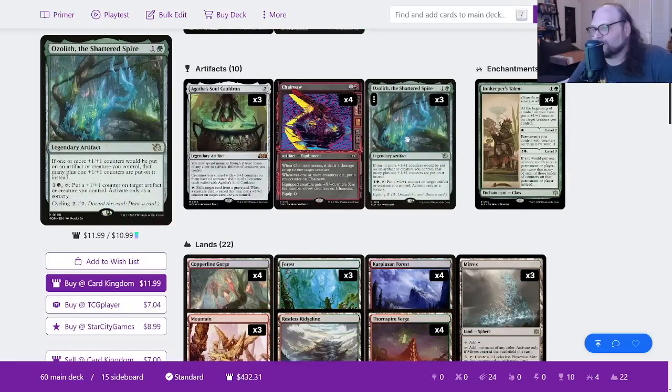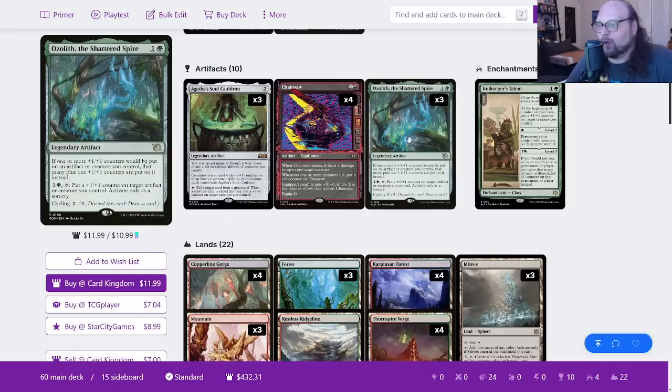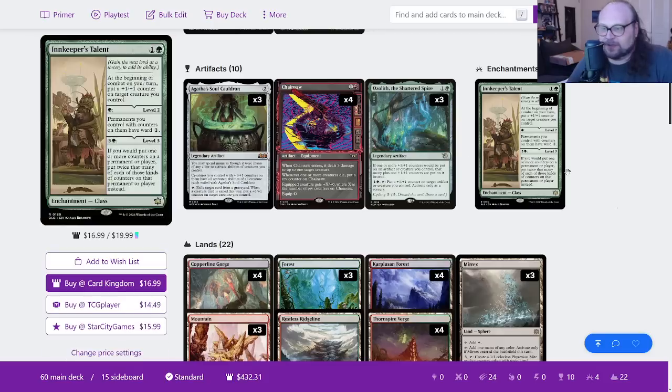But Ozolith, the Shattered Spire is in here too, along with Innkeeper's Talent. This is good for just increasing the power and toughness of our creatures. Again, with or without Soul Cauldron and Thrillseeker, it's good to have both of these guys. They work well with the Valiant on Heartfire Hero, because we can say target Hero with either one of these abilities, and it'll get basically double counters because that's how Heartfire Hero's Valiant works. And Innkeeper's Talent, just a good card. Both of these are just good. They work well with each other. They kind of combo well with each other too. So